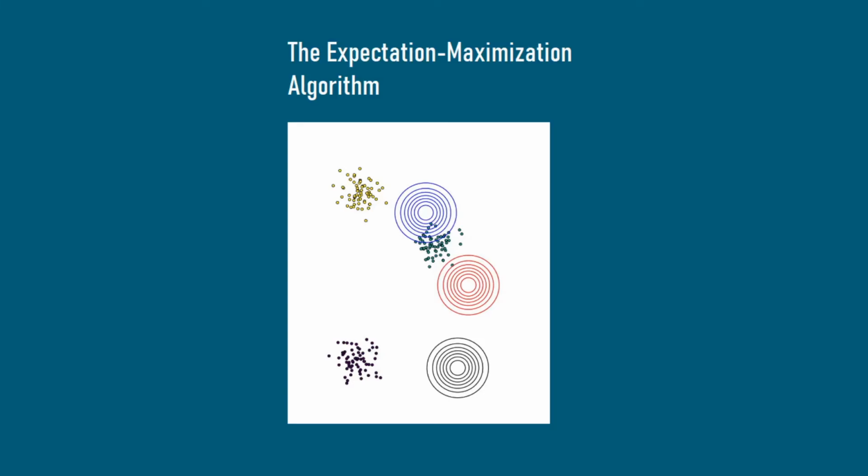So today we're going to look at the expectation maximization algorithm. This is one of the core algorithms which stays in the backbone of a lot of machine learning solutions. And we will look at this algorithm in an intuitive way, as intuitive as possible, because I think this algorithm